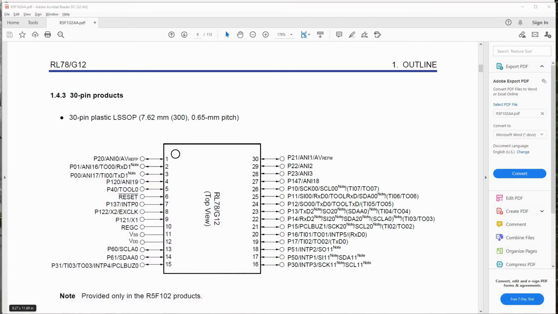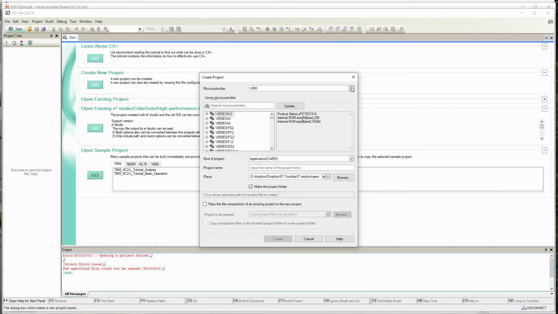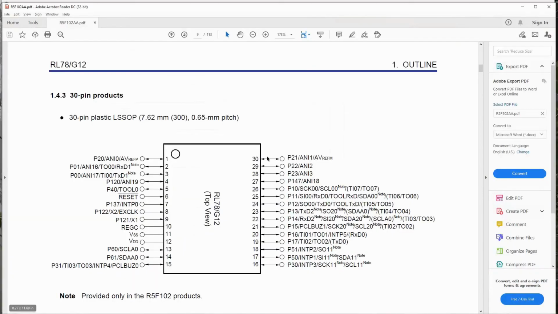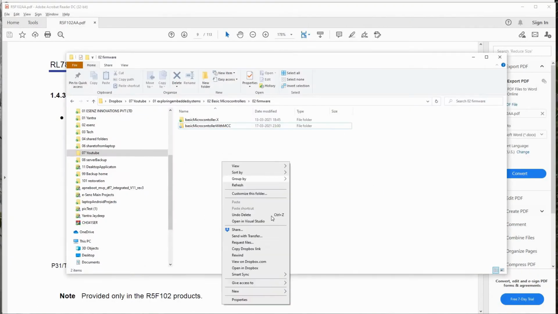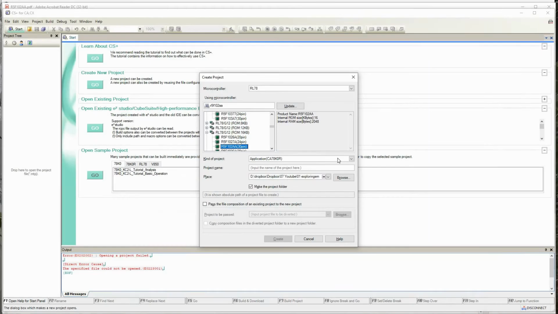So let me open the IDE, CS Plus. Once you open it, let me create a new project. You have to go to project, create new project. So here we have to select RL78, and from there select R5F102AA. This is our microcontroller. Let me create a folder for Renesas for the path.